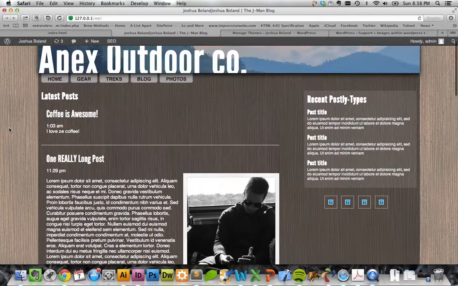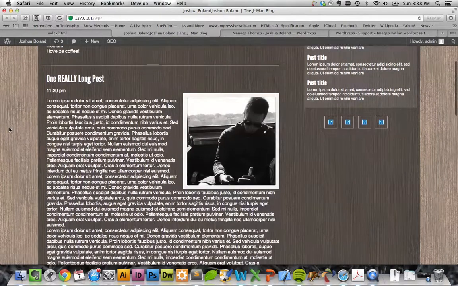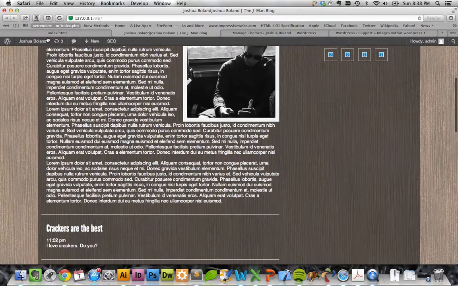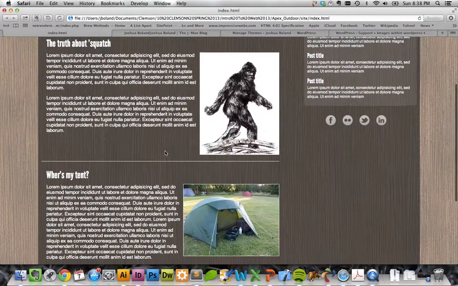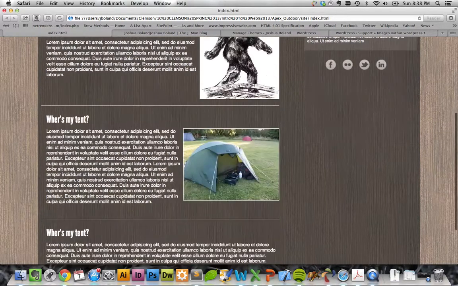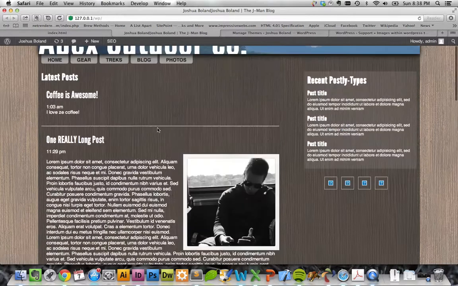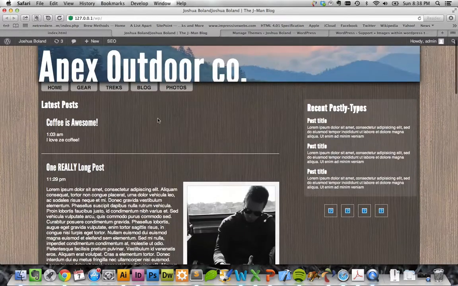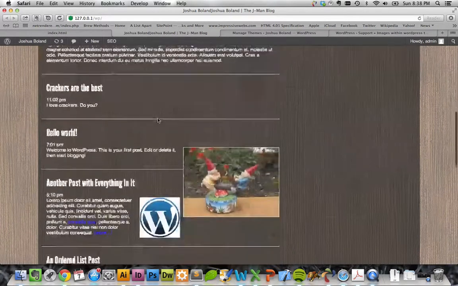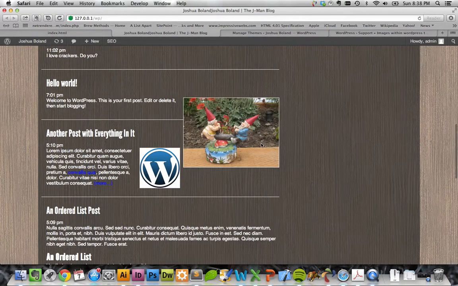The next thing that's happening is my images are doing some weird stuff. All my images are set in my style sheet like I planned it here. So on my hard-coded page, I had them floating to the right. And you notice they're doing the same thing in my actual blog page. But the problem that I'm running into is this. When I don't have enough text for the image, it drops down. And what looks like where the post line that separates the post should actually be down here underneath the image,